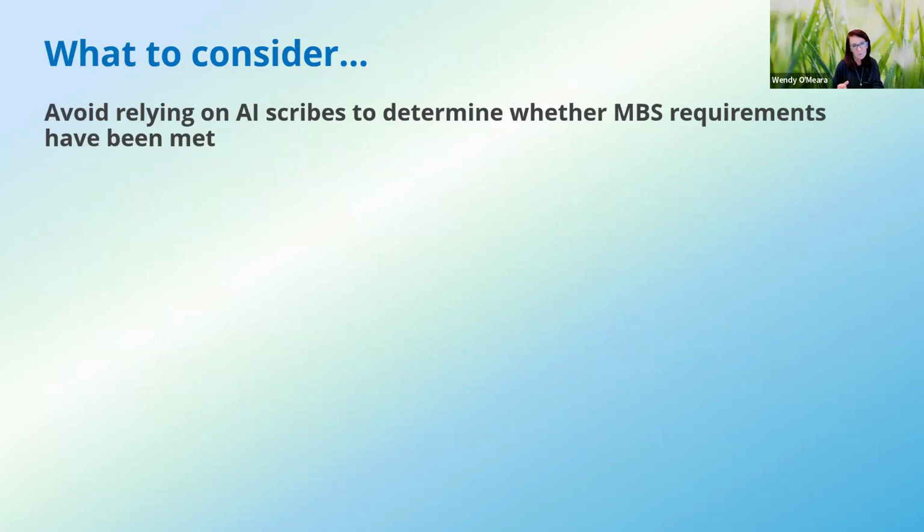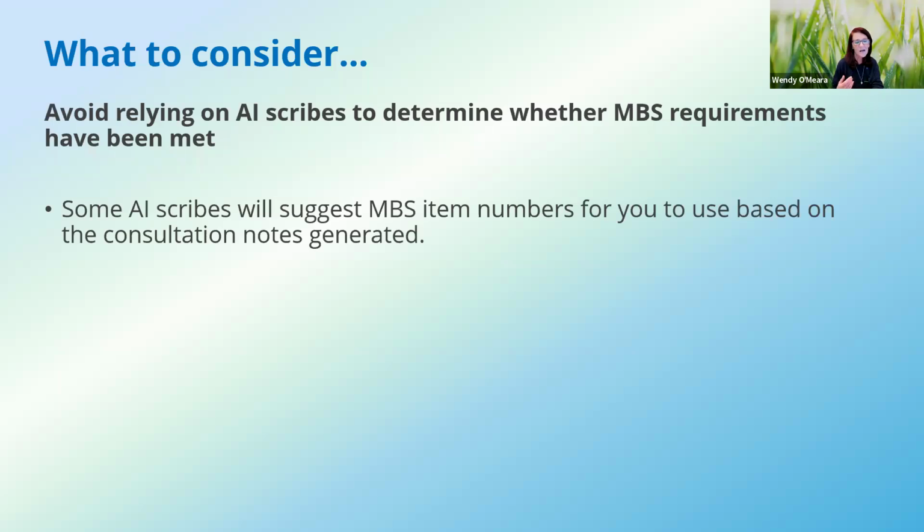This is another really important and relevant point. There are AI scribe systems that will generate MBS potential. So I think MBS Pro is one of them, where at the end of your transcription, it will say to you or potentially identify item numbers that you can charge. Now, we found out the hard way with this one.